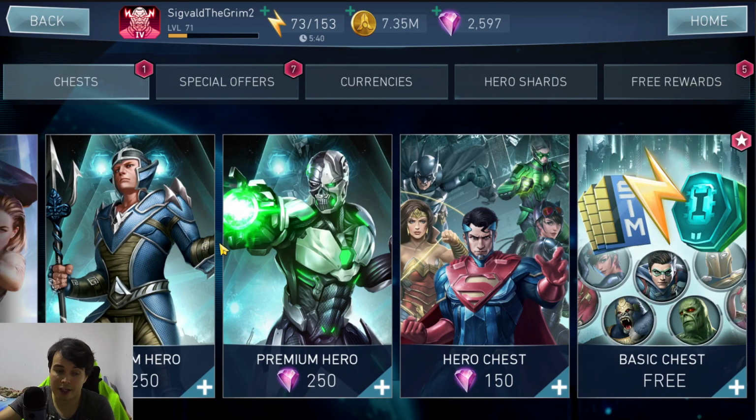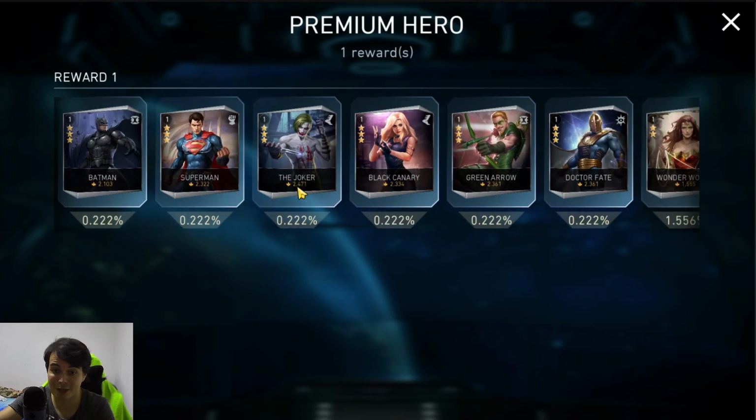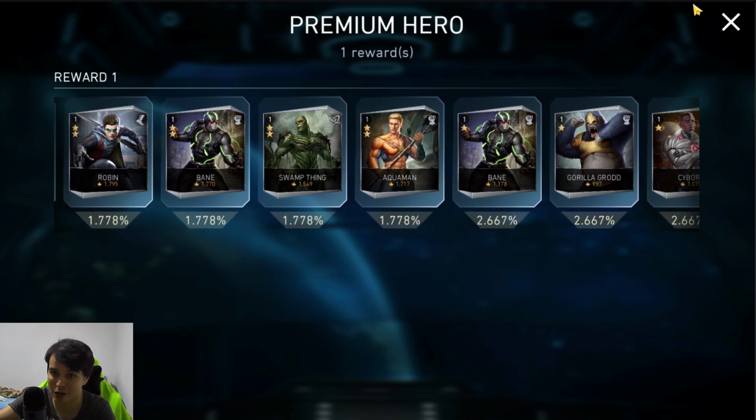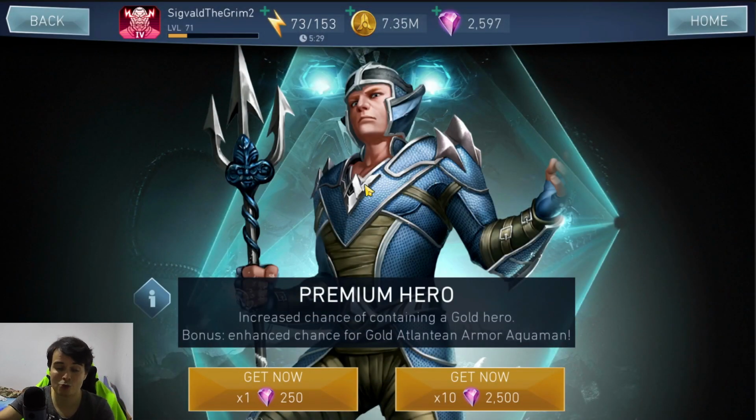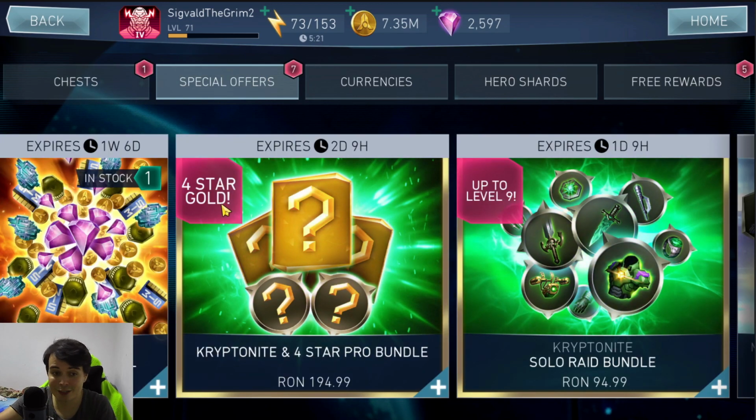If you're a new player and you're looking for some characters to boost your progress and to help you out a little bit in Arena, then you're going to find yourself opening this chest because it has increased chances for Atlantean Armor Aquaman, and while he's going to be available through a lot of means, he's a decent character to start off the game with, so definitely do open this if you're a new player and looking for some characters. Now, going into special offers,